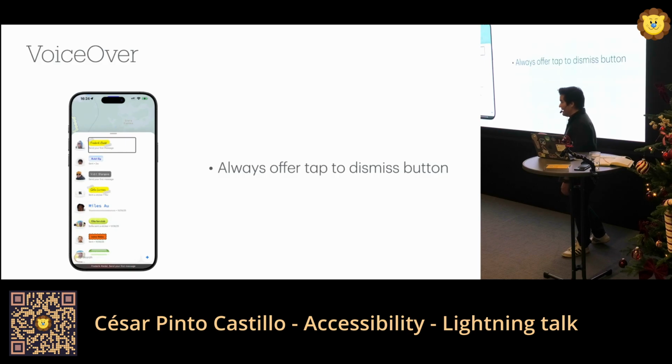So if you ever build a sheet or a modal or any kind of view that should be dismissible, you should always have a button that dismisses it. And a gold star in the corner if you support the escape gesture. VoiceOver users can do a two finger swipe and draw a Z, and that means dismiss. So if you do a two finger swipe and a Z, this should close. Or if you're in a navigation stack, you should pop the view and go one view back. And you get that for free, once again, if you use native components.